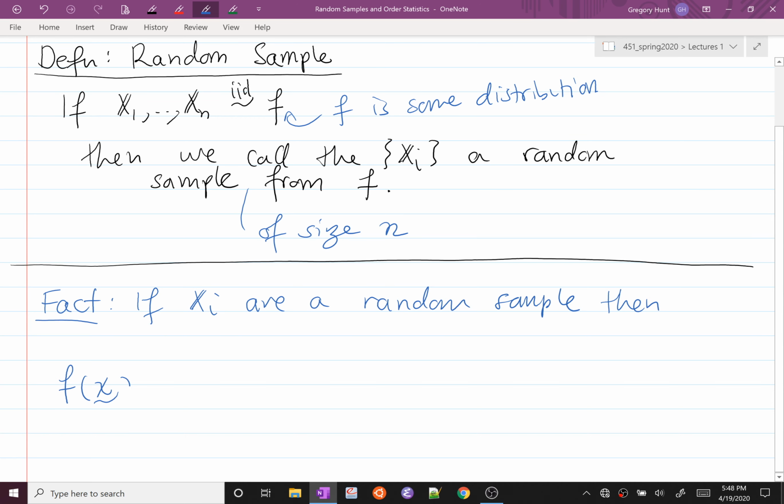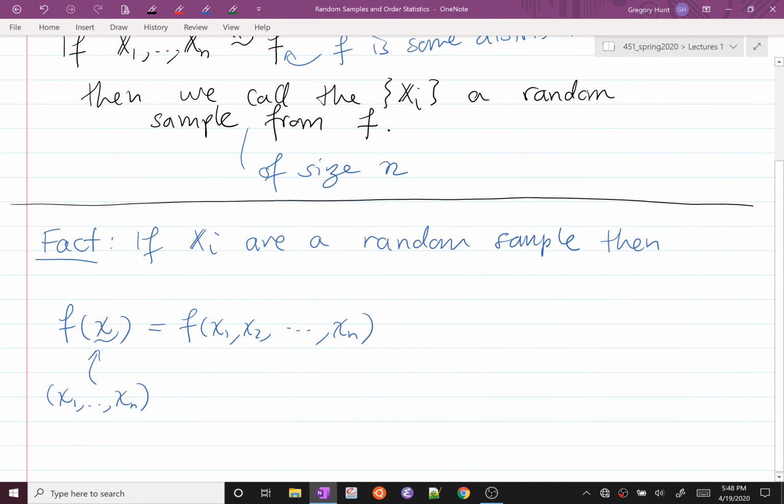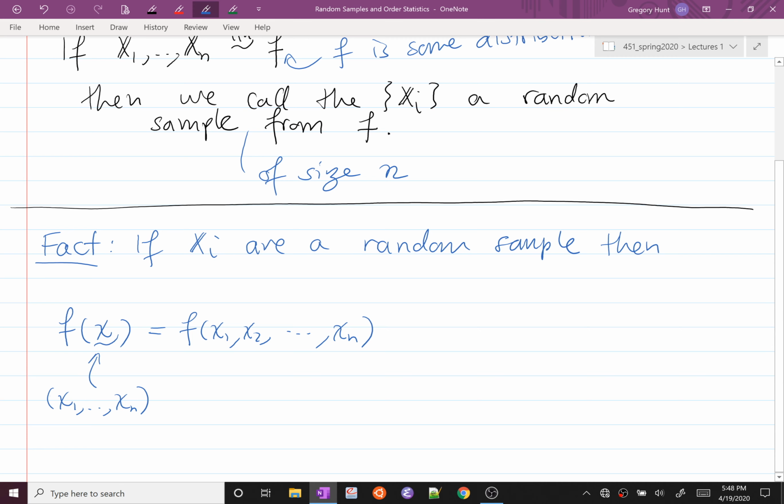I'm going to write it like this, F of X underlined, where the underline is my shorthand notation for X1 to Xn. So this is the joint distribution of all the X sub i's. So we could write this as f of X1, X2 to X sub n. And we saw last time that because of independence,